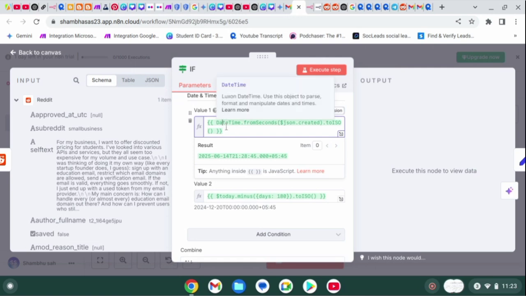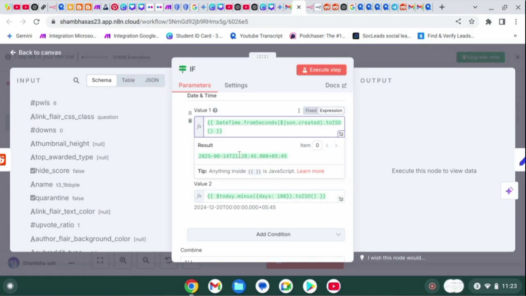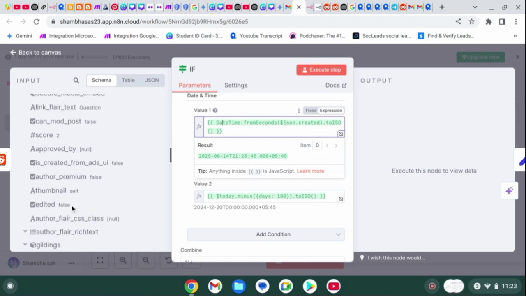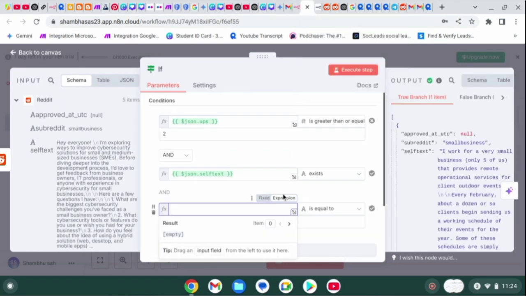What it can do is get a date from a second format. This will convert into a real date. Here you can see I can save date. Where can I get it? Here you can see this is our date. This is has created, and this will be our date. So we need to convert this second format into an exact date. I simply paste it here. Make sure you are in expression, not fixed. I simply paste it,